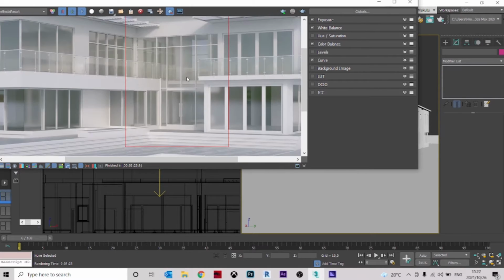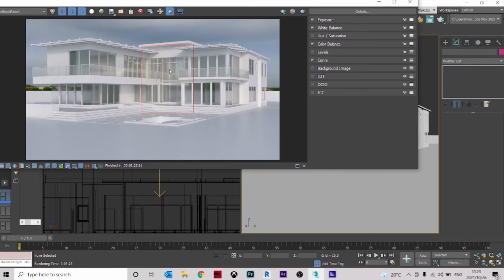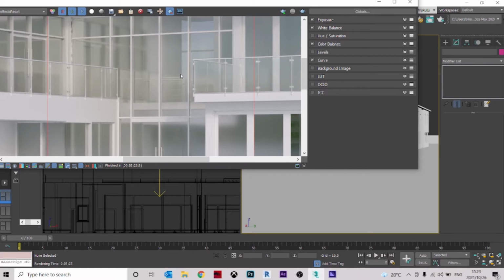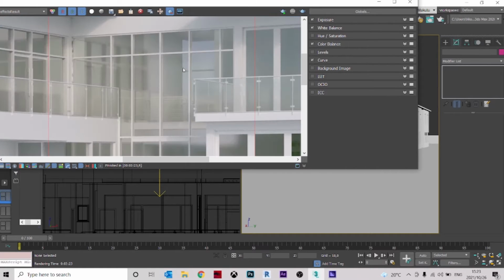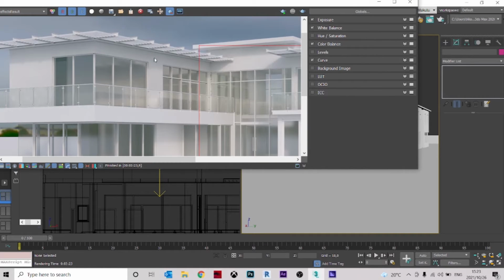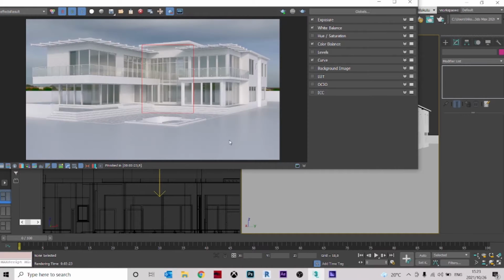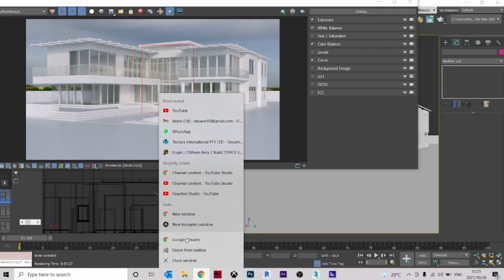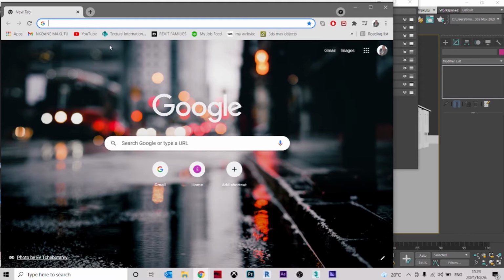From there, there isn't much difference that you can see on the inside in regards to the lighting, because the scene for the entire model is made specifically for a very bright daylight scene. So what I'm going to do is go to Google Chrome and type